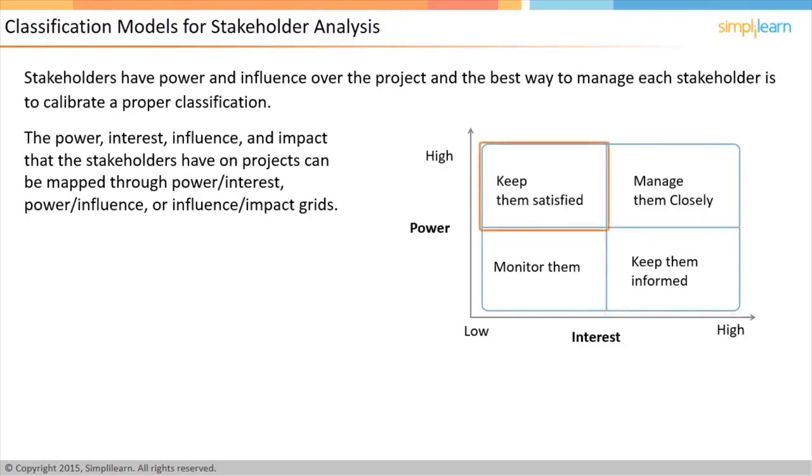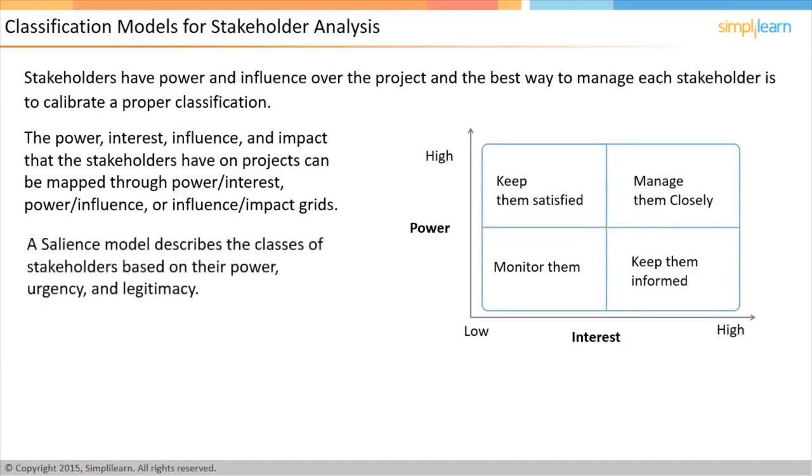The stakeholders on the top left quadrant, with high power but low interest, can be managed by keeping them happy, for example, by making sure that their interests and opinions are taken into consideration. The stakeholders on the bottom left quadrant, with low power and low interest, may be managed less actively by simply monitoring how things are going with them. The salience model describes classes of stakeholders based on their power, ability to impose their will, urgency, need for